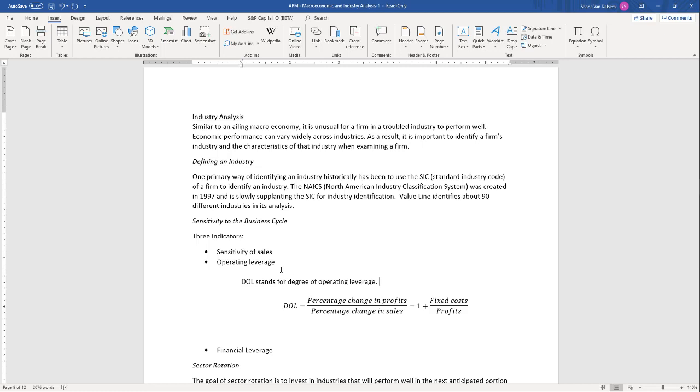The greater the level of fixed costs to the profits for the firm, the more operating leverage it has, which means that it's riskier. So if firms within an industry have a lot of fixed cost, variations in sales will have a large effect on the ability of those firms to